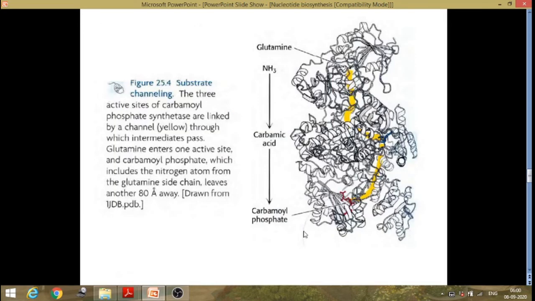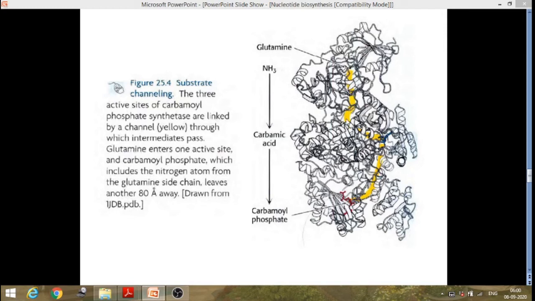So in this enzyme, substrate channeling happens. You can see a substrate channel within the enzyme. Through this channel, intermediates pass from one side to another. You can see that at the start of the channel, glutamine enters here to get hydrolyzed so that ammonia is released. The ammonia being released here moves a little ahead